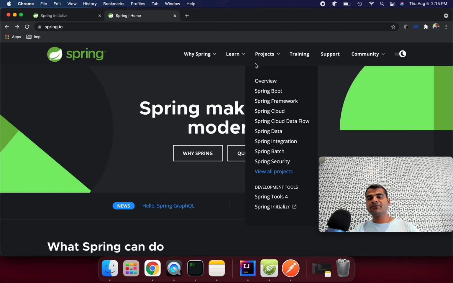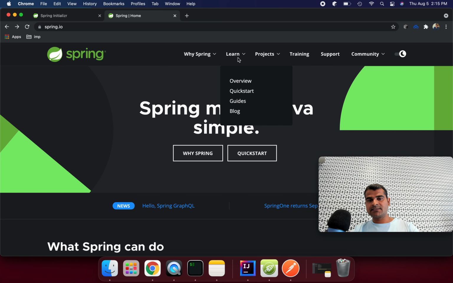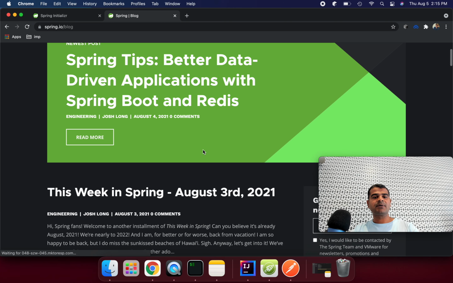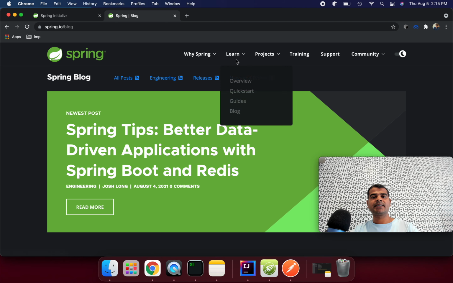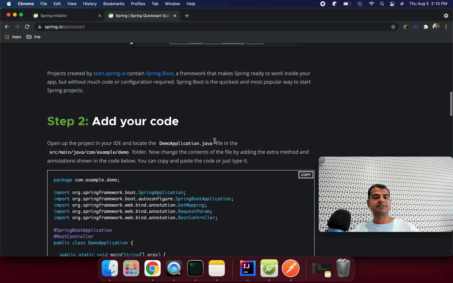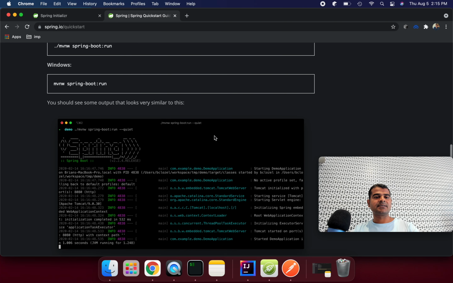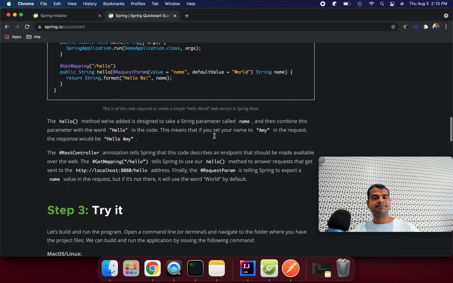In more detail, if you want to see the projects like Spring Boot, Spring Framework, Spring Cloud Data Flow, Batch, all the details we have here. They generally post the latest, and if there is any release, if you go to the blog you can see the details of what is going on in the latest news. They also provide a quick start guide, so if you want to start quickly, you can start with simple things first and later go into all those details. So really good documentation, right? You can run it very easily. Nothing here is too complex.